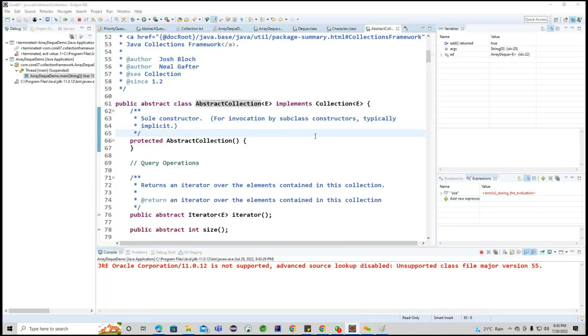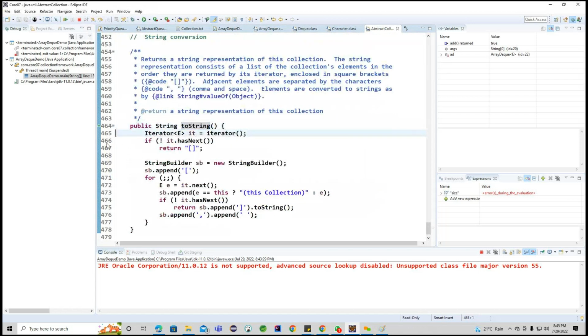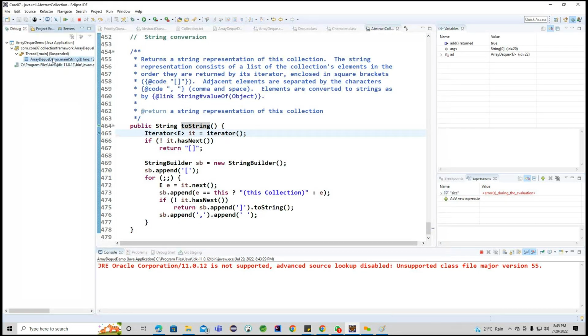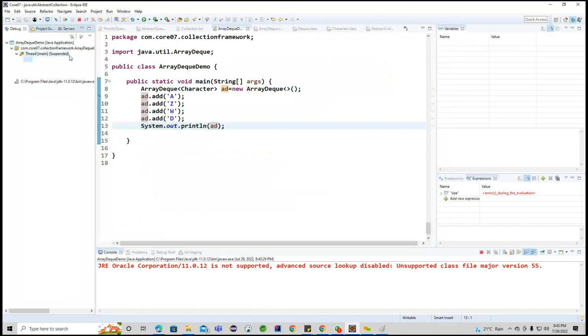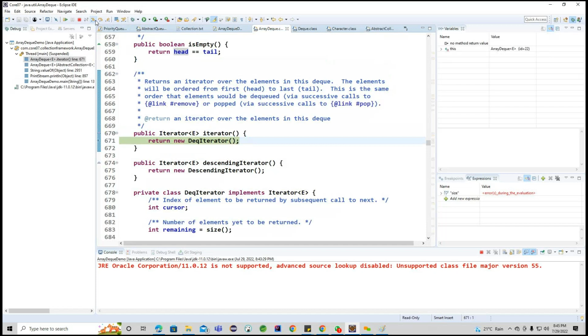Now I'm at AbstractCollection right now. Now I will print this particular toString. Here I'm getting the breakpoint. After putting this, I'm trying to run the toString. Now you can see AbstractCollection. I'm calling the iterator. This iterator is implemented from which class? ArrayDQ. So if I move inside this particular